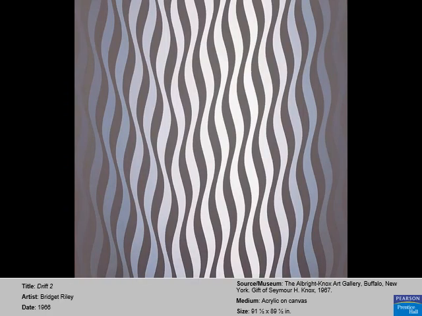Here's Bridget Riley's painting, titled Drift Number Two, made in 1966. This is an example of op art, OP, not pop art, but op art. Op art means optical art. It means a kind of art that's concerned with optics, your eyes, what you see. Made in 1966, it probably seems a little dated 40 years later. This was made before computers and computer printers, by hand by a woman named Bridget Riley, who painted these lines very carefully to create this